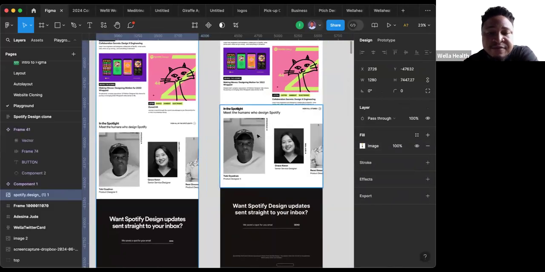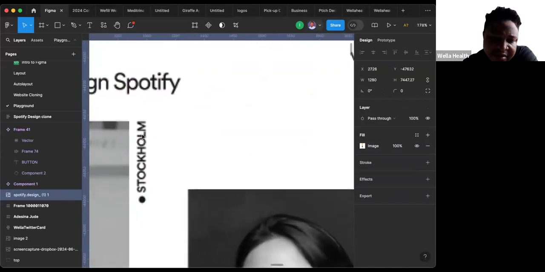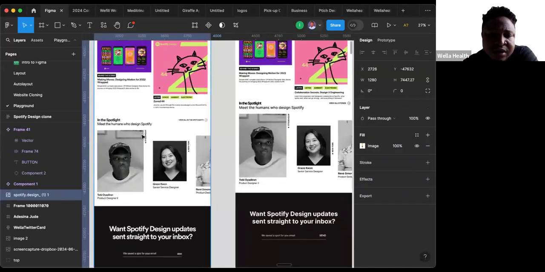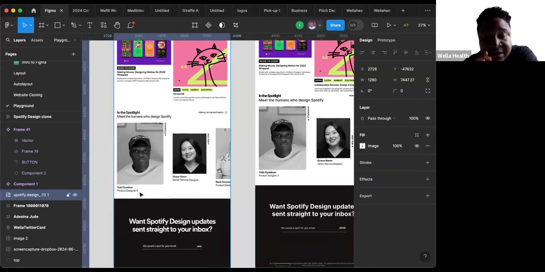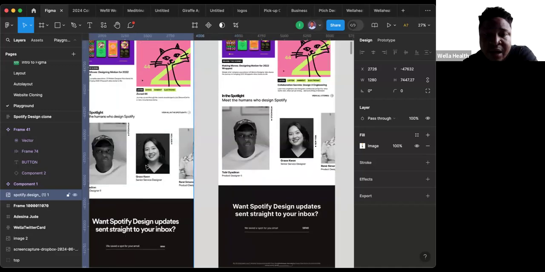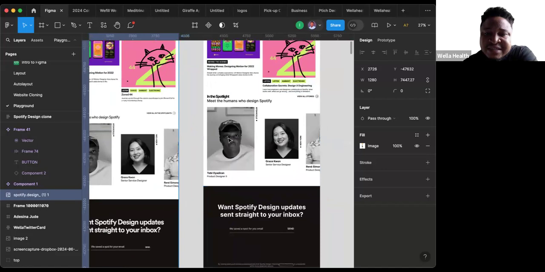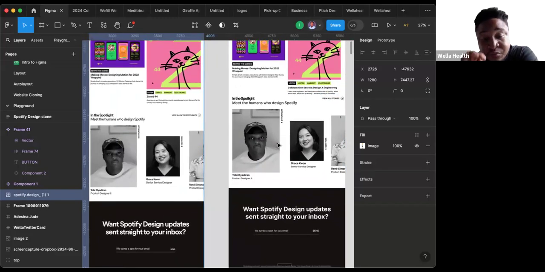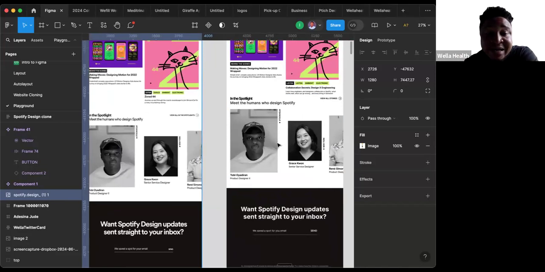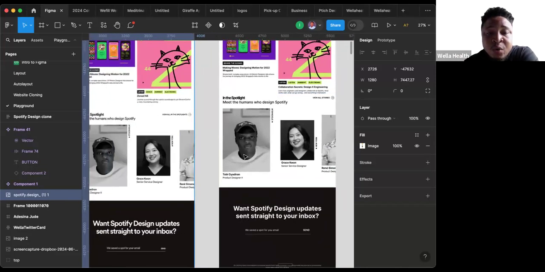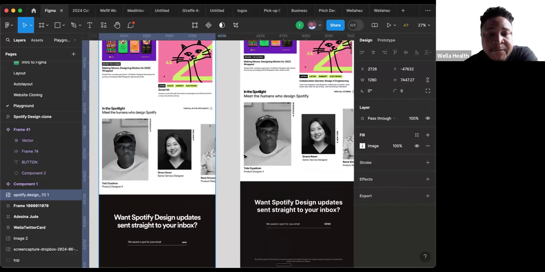So the arrangement is pretty much the same, right? They have their picture, and then they have the location on this side, and then they have their name and job description, right? And then it's a carousel. I don't know exactly why the sizes are different. I think you'll be in a better position to understand why they are different. But with what I'm seeing here,